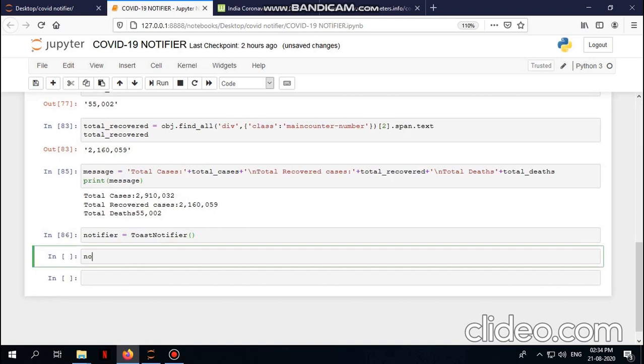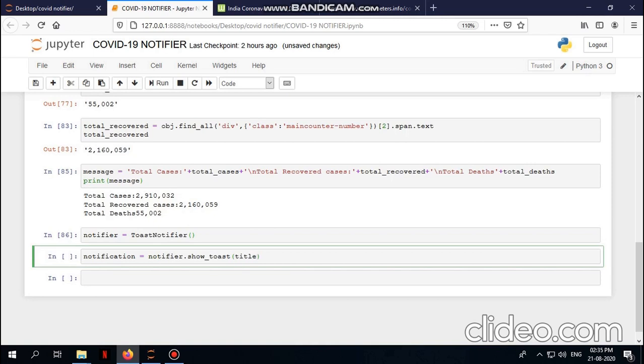Then we'll make a new variable called notification, and in this toast notifier there is a command called show toast, in which we have to feed in all the data which we want to be shown on the desktop notification.